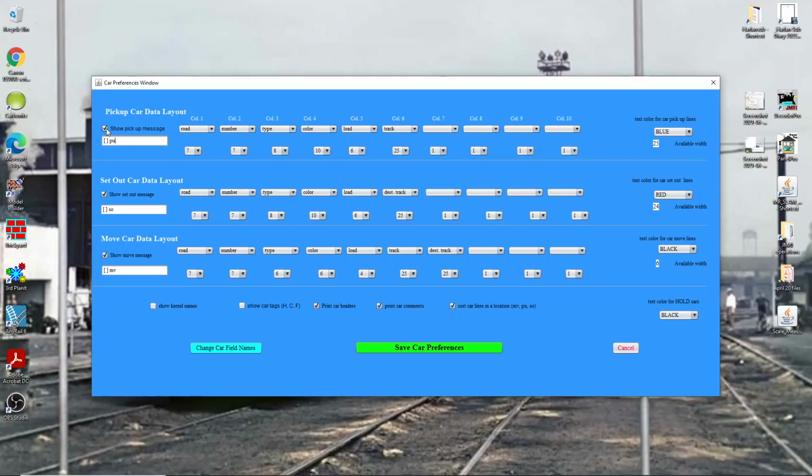Or if you don't want that to be displayed, you can click here and turn that off. Now, if you turn that off, what the program will do then is print a header line above the pickups and the setouts, declaring that they are pickups or setouts so that it's clear what's to be done with those cars. So you can choose your pickup message, and then you've got 10 fields here that you can choose basically